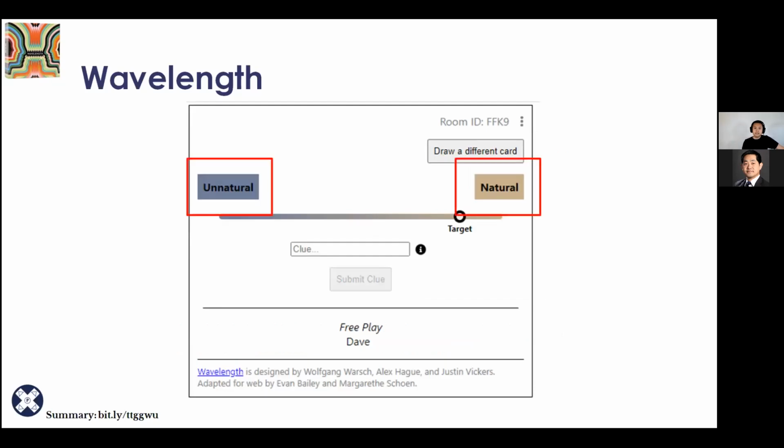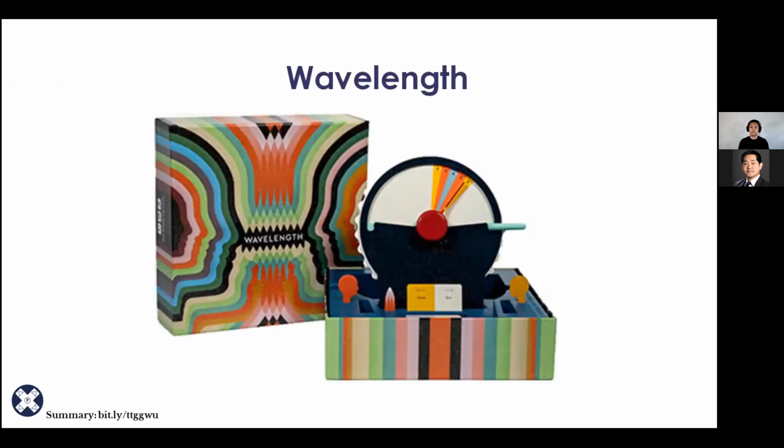And then here, this is where you, as a psychic, you're going to have the panel of, no, not as a psychic, as the team. This is where you're going to have the spectrum of unnatural to natural, and then you're going to be able to move the target over here based on where, oh no, I'm sorry, let me go back. This is what you see as a psychic. So this is the spectrum, unnatural to natural, and this is exactly where the target is that you need to get your teammates to guess. Then down here, this is where you give your clue and type it out. Afterwards, you just hit submit clue, and it goes directly to your teammates, and then they have to guess based off of that.